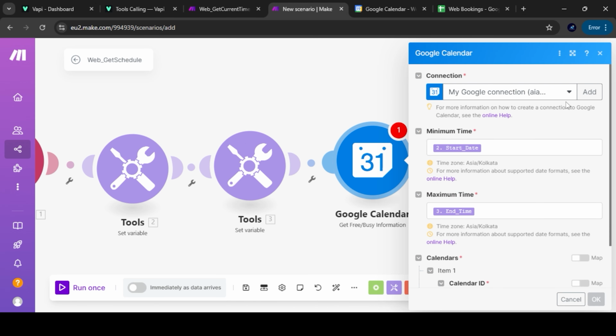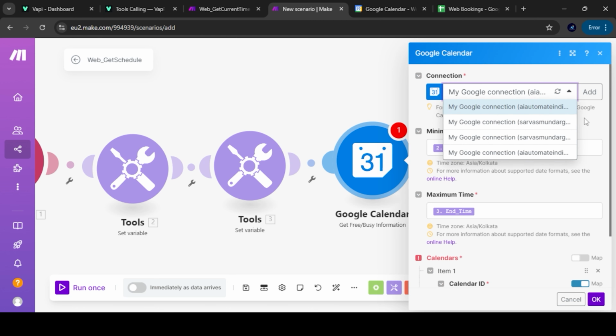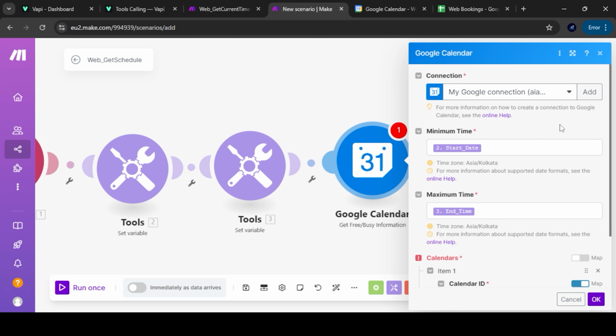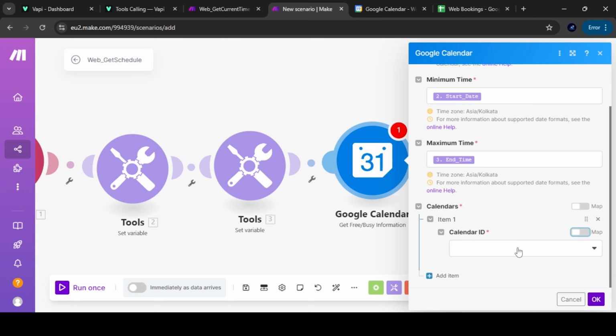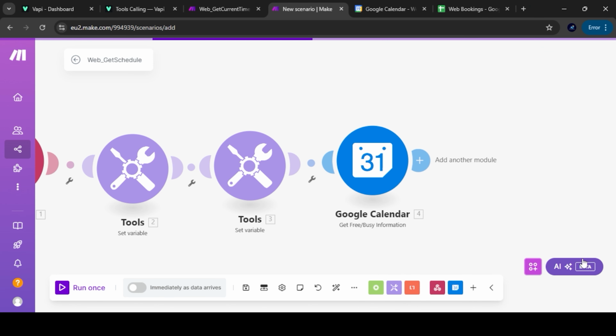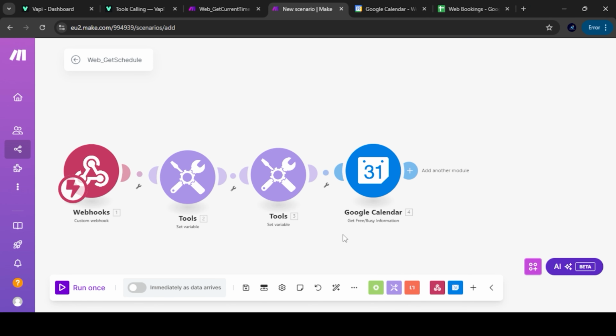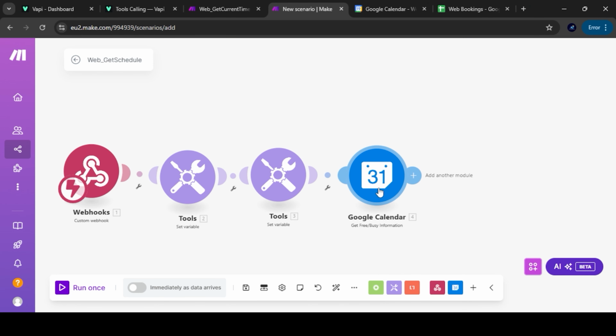And here, don't forget to link your Google Calendar. Mine is already linked. Then calendar ID. Click over here. Remove this one. Map it. Click on OK. So the calendar is also created.